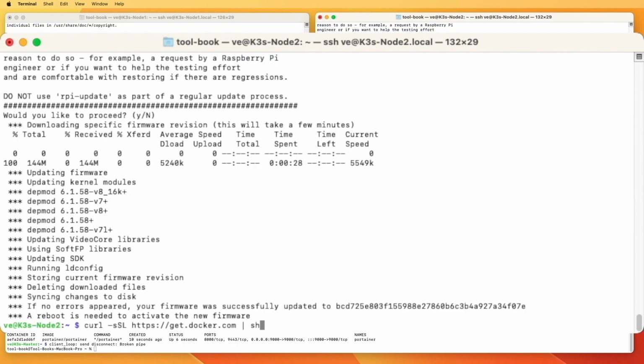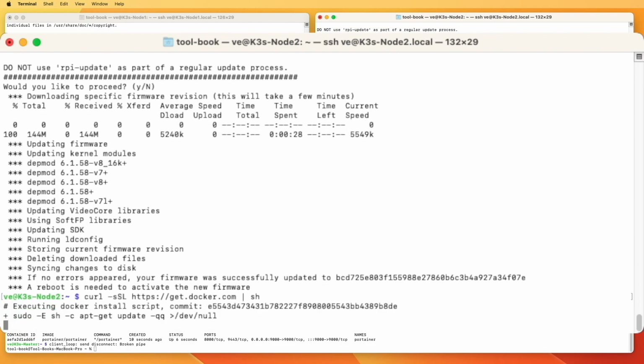Then I'm going to put a pipe delimiter, and I'm going to tell the curl command that it's an sh script, so that as soon as it downloads the script, it's going to execute the script as well. So at this point, now the script has been entered. I'll just hit the return key and we'll run the script, and everything should be automated here for installing Docker